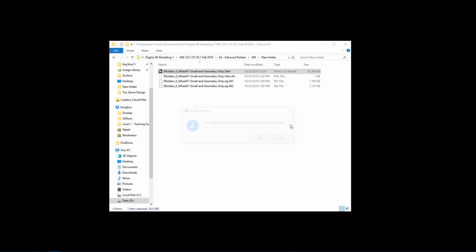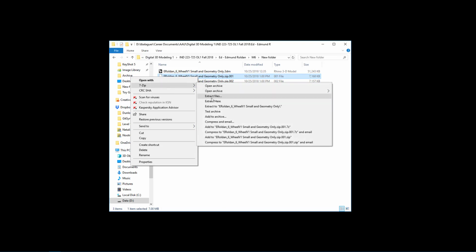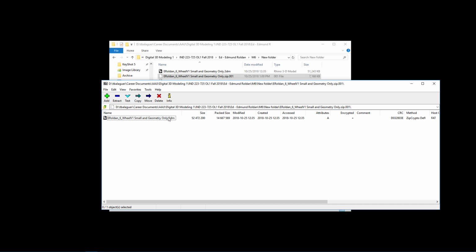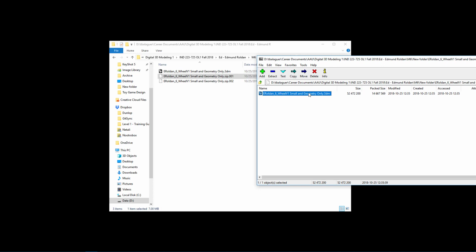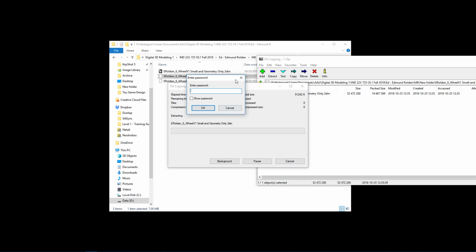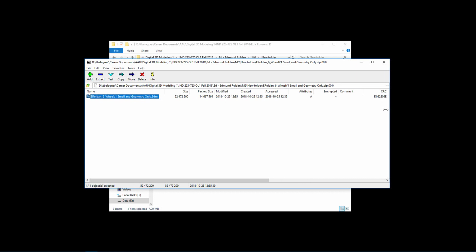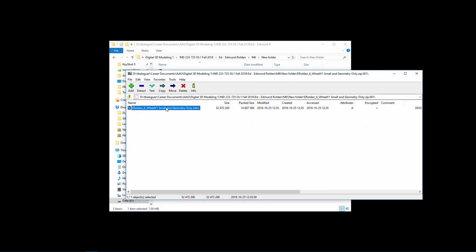Now, one thing to know is if someone really wanted to understand what's inside the zip, they could still go under 7-zip and they could do open the archive, and so they can still see what's inside the zip even without the password. And then once you take the file and you extract it, then it will ask you for the password. So there is a level of security that you do get with a zip, but at the same time the content can be displayed. So if you're really concerned about security, there's other ways to hide the information that's within the zip.